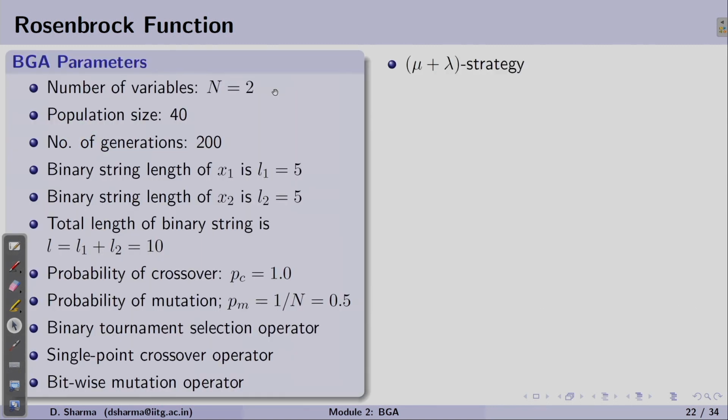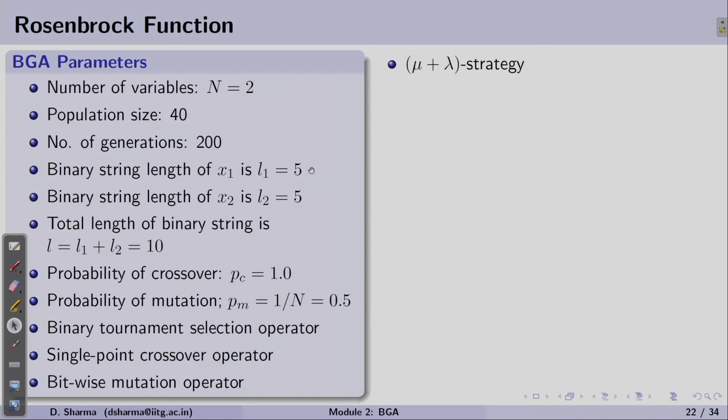We have used binary coded GA. In the generalized formulation, in step 2, there are a lot of input parameters which we have to set. This particular slide will tell how many parameters we have to fix before we start the binary coded GA. Let us take an example of the two variable Rosenbrock function. The population size is set as 40, and we allow a large number of generations to see the progress. So we have set the maximum number of generations to 200.